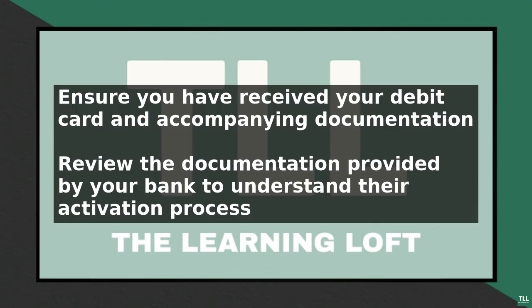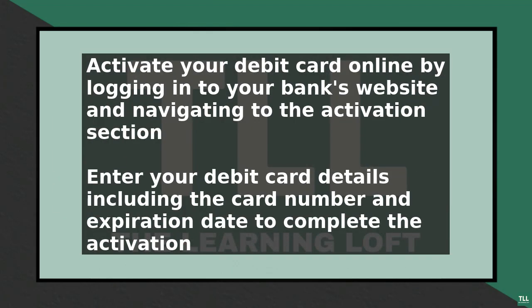Most banks offer multiple activation methods, including online banking, mobile banking, phone banking, or visiting a bank branch in person. To activate your debit card online, log into your bank's website and navigate to the debit card activation section. Enter your debit card details, including the card number and expiration date, and follow the prompts to complete the activation